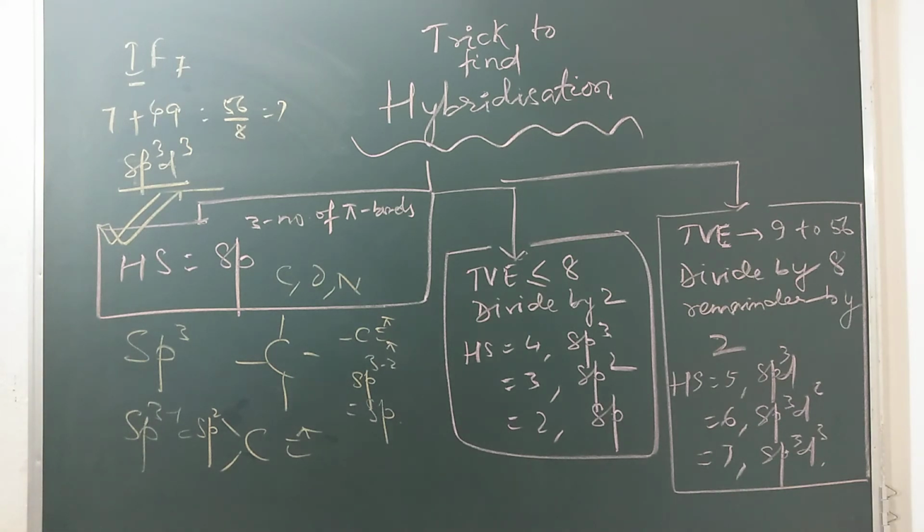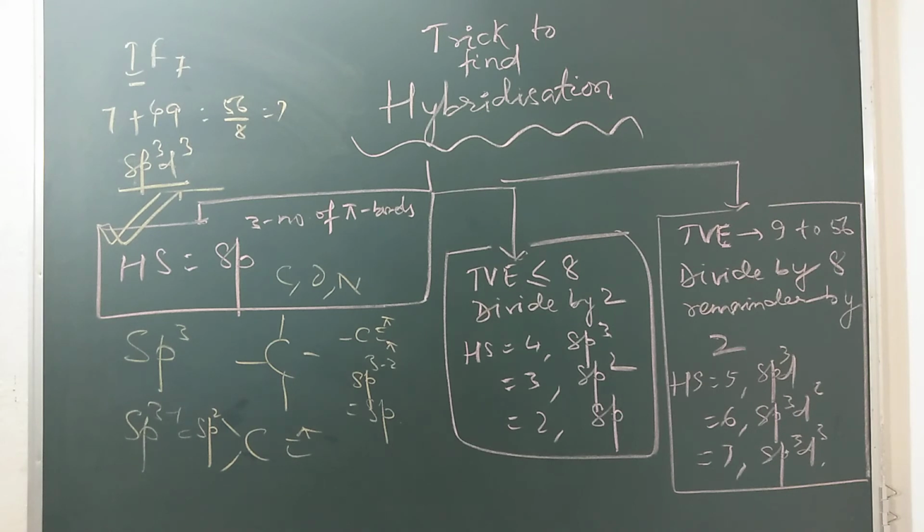So this way we can find out the hybridization. If you want to find out the hybridization of a coordination compound, you have to look for whether the ligands are strong or weak. So that factor also you have to keep in mind. So in presence of a strong ligand, what happens? The inner d can be filled, so it can be like dsp3, d2sp3, like that situation arises.